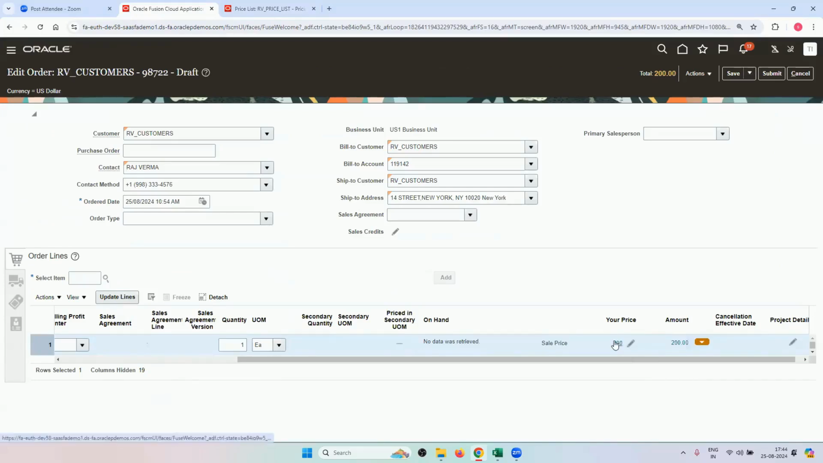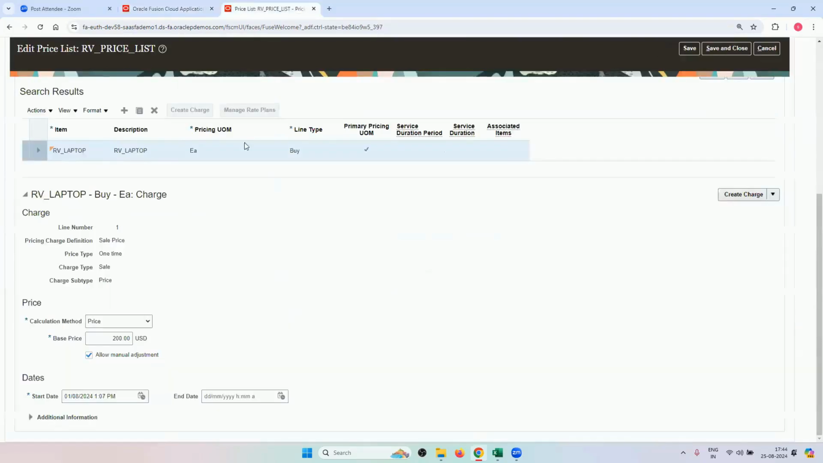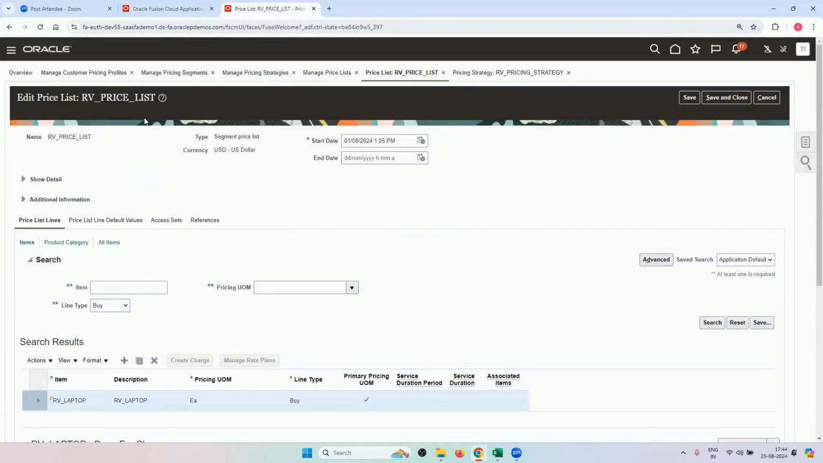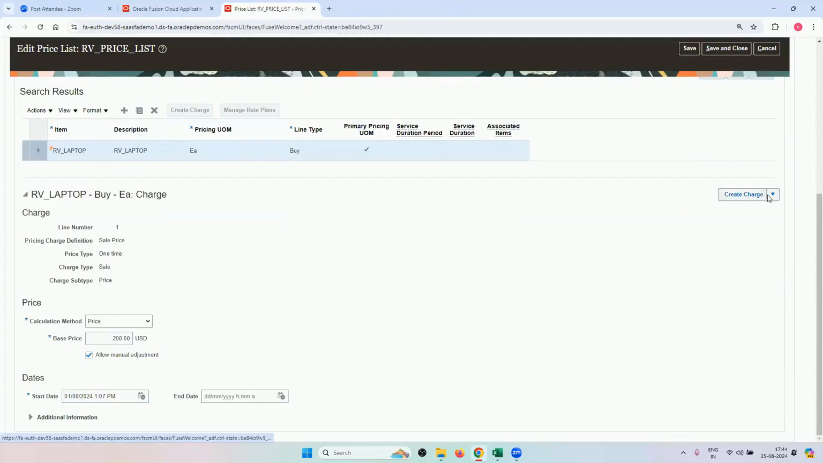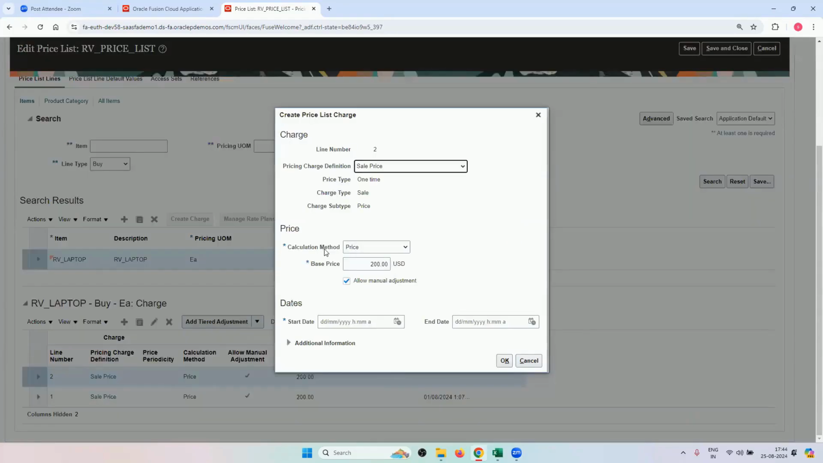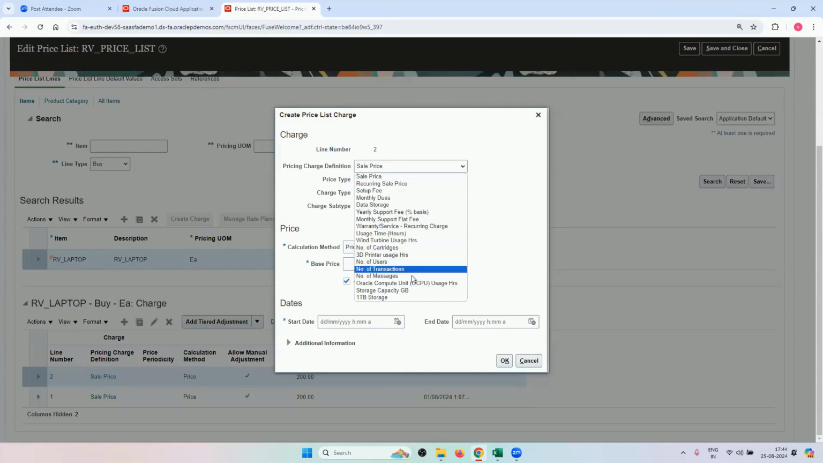Now you might ask me, there might be other prices which we need to record in our sales order, right? Not only this 200. Then how do we do that? Whenever you're defining your price list, you have this option create charge, right? If you come to the drop down, you have this duplicate charge. So just click over here on duplicate charge. And in the price charge definition, you can choose these many things. Again, there is a lookup for it. And if you choose a setup fee,